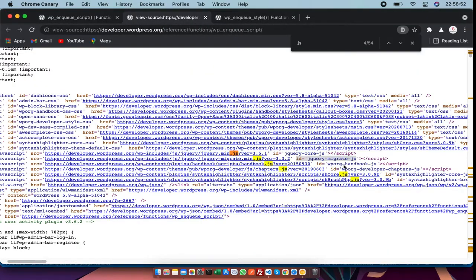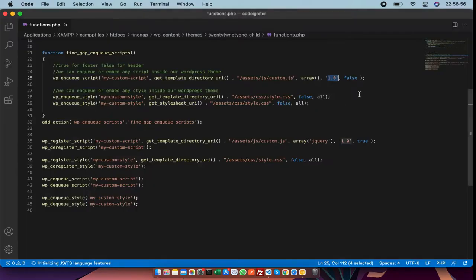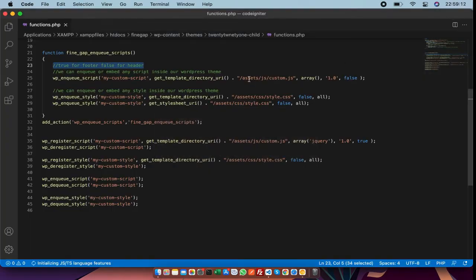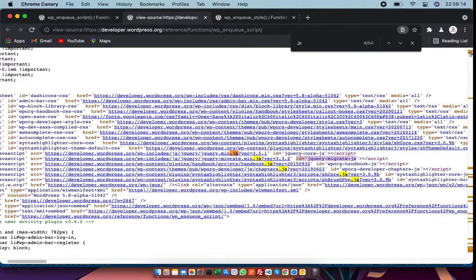As you can see, there is a version calling 3.3.2, but we have a 1.0 version. In the end we have false. It means if we write false, it will enqueue in the header, like top, but if we write true, then it will show in the footer like that.